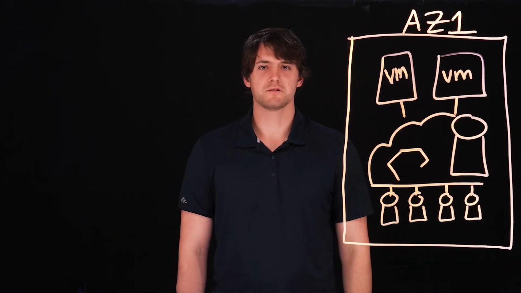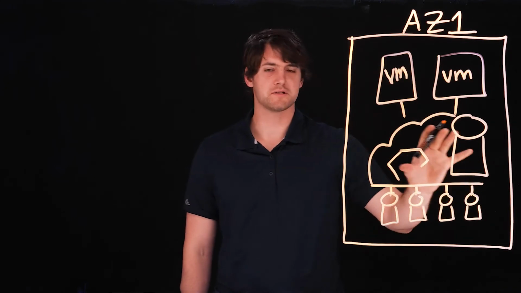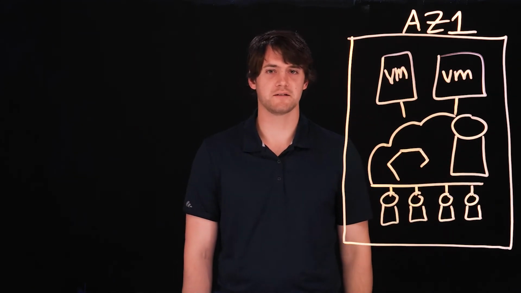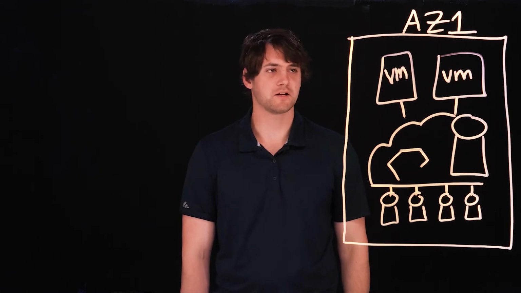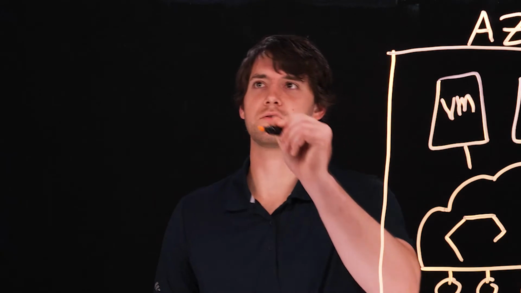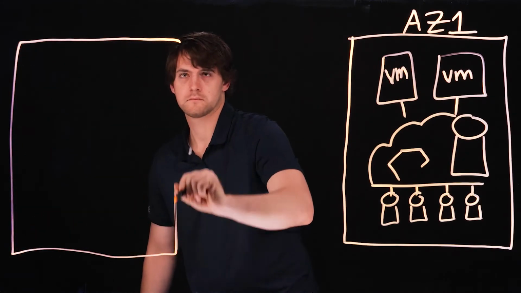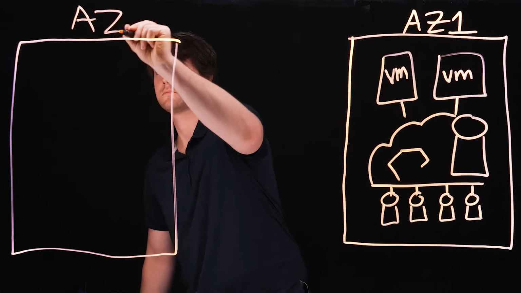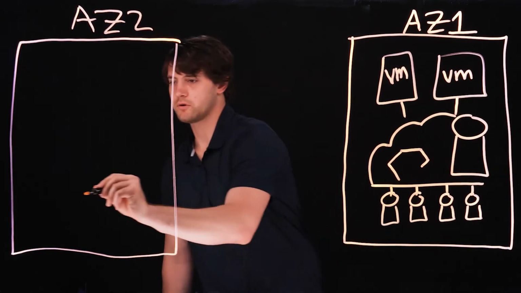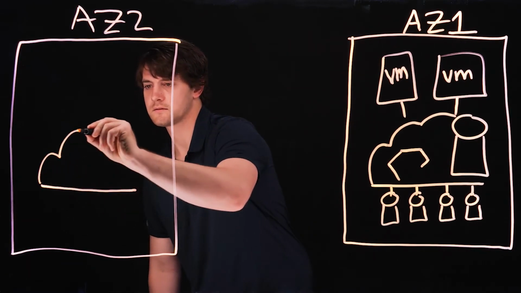The issue that you can run into here is what happens if you face a failure of an entire availability zone. Your storage isn't going to be available to continue through that disaster and operate your applications. What you can do is you can replicate your storage using Cloud Block Store into a second AZ. The way this works is you end up deploying a second Cloud Block Store instance in your second AZ.